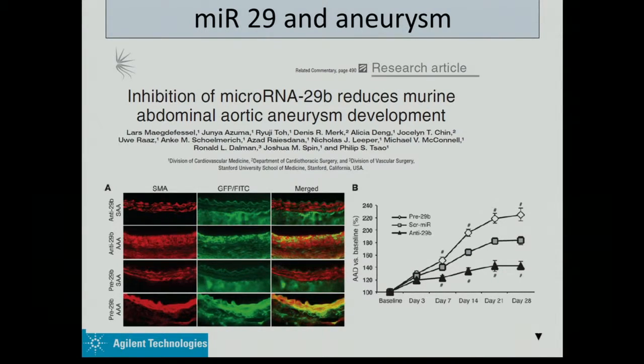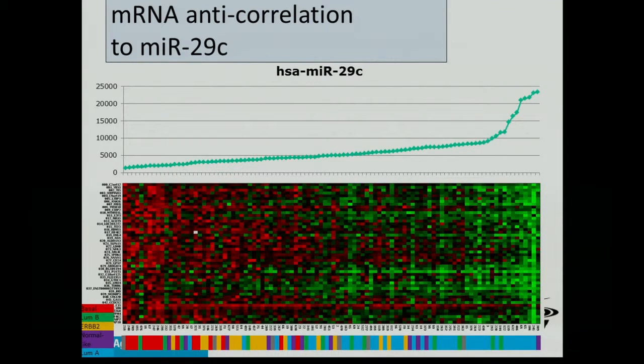So miR29 is related to the elasticity of blood vessels, okay, which is very consistent with what we saw about extracellular matrix density. But the fact that it's consistent, that's not enough. We want to know, is this really the case that miR29 is directly affecting the extracellular matrix, or is that an indirect effect of miR29, or maybe some sort of a passenger effect that we're looking at with respect to